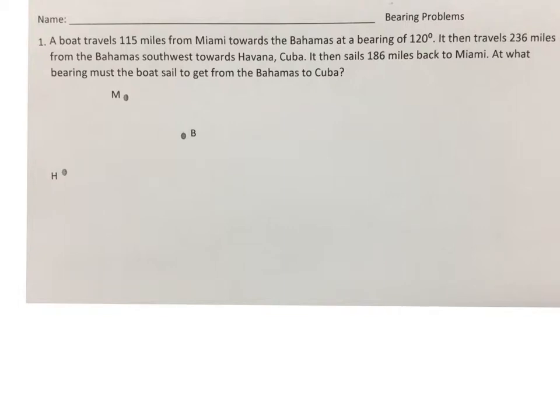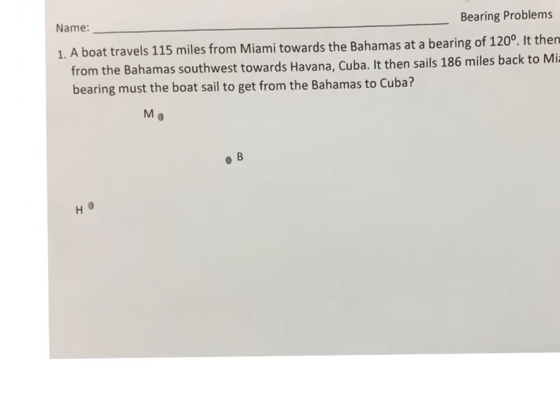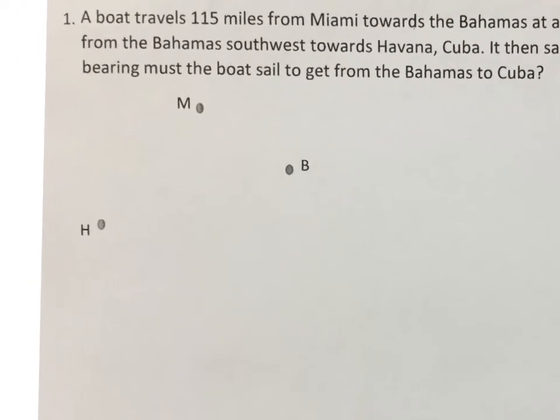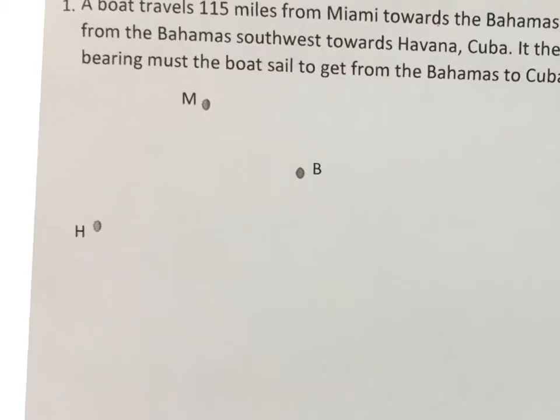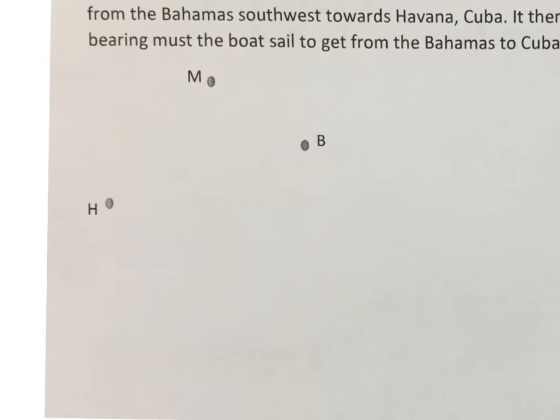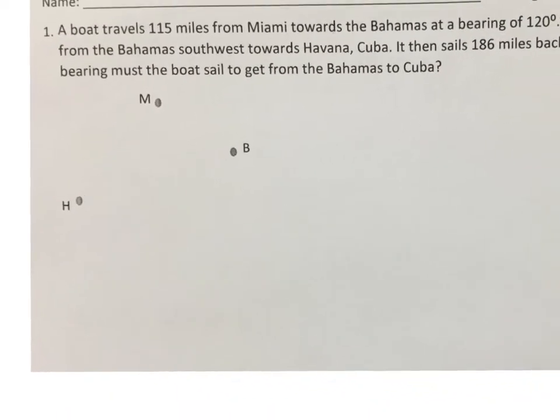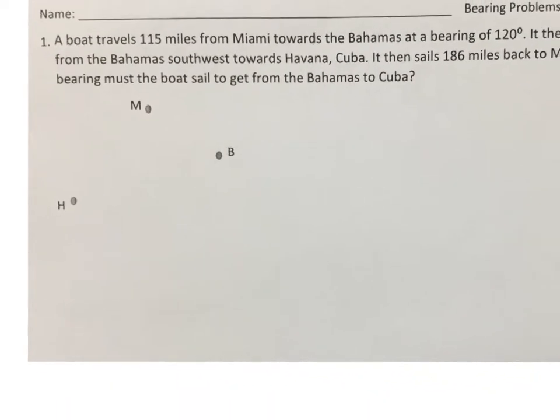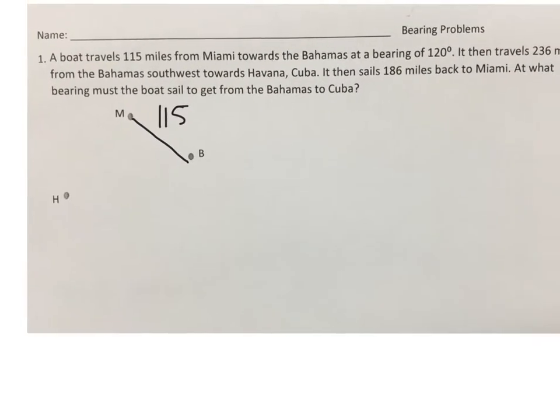Okay, on this bearing problem, you have given some lengths here. We're going to assume that M means Miami, B means Bahamas, and H means Havana. So if we draw in our lengths, we're told that it's 115 from Miami to the Bahamas, 115 here,